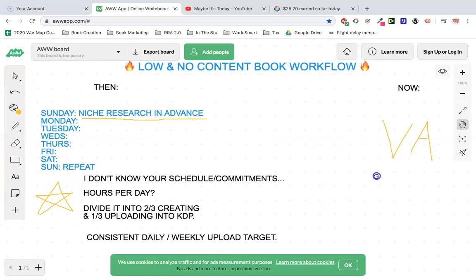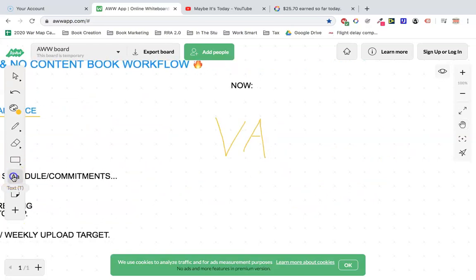So you can see that before I used to do everything myself, like the covers, the interior, the uploading. But what I do now is obviously I still do the uploading myself because it's completely against KDP terms to let anybody else access your KDP account. But there's nothing wrong with letting somebody else do the designs for you.